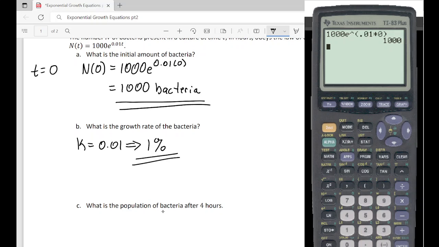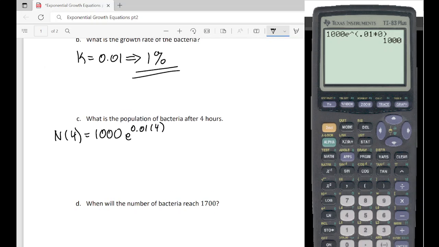Now, what is the population of bacteria after 4 hours? Well, we know our t value is 4, so we can just plug in 4 for t. So we're going to get N(4) = 1000e^(0.01·4). And unlike the first one, we're not going to be able to just look at a number and see, so we're going to have to use our calculator. So 1000 times e^(0.01·4), and we're going to get